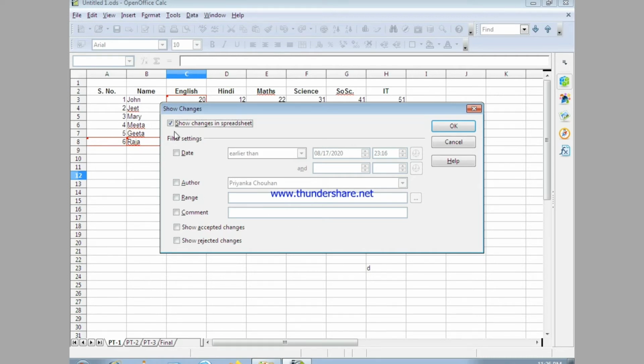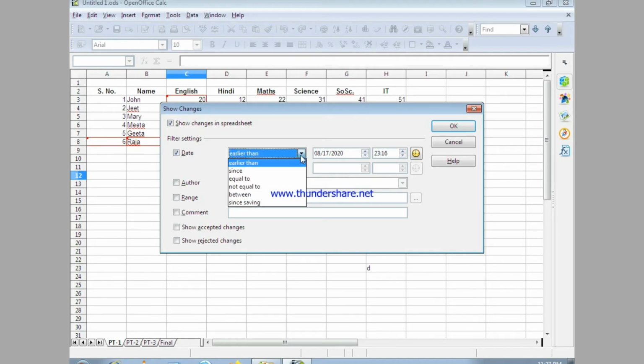You can see at the top it shows changes in the spreadsheet, meaning all the changes which are there would be shown. Next are the filter settings. These are various filter settings that you can set. You can set the setting date-wise. If you want to see only the changes between some dates, you can select it from here: earlier than, or you can select the two dates between which you want to see the changes.